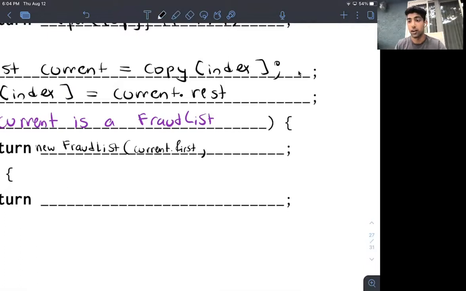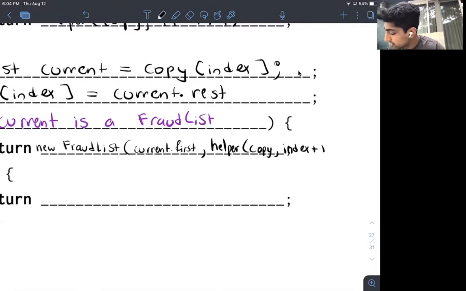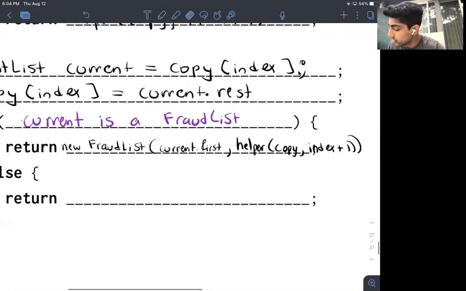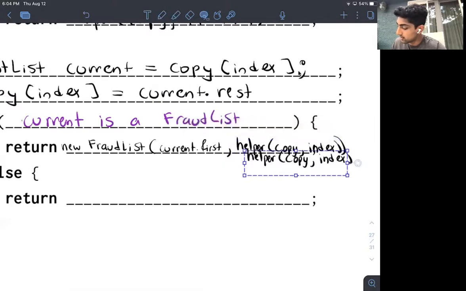Because if I'm thinking about my function, what does the function helper return? It returns a pointer to a fraud list, right? So this will be helper of copy and index plus 1. Oh, just kidding. We don't want to do index plus 1. We just want to keep the index the same, right? Otherwise, if current isn't a fraud list, then all we want to return is this right here, right?